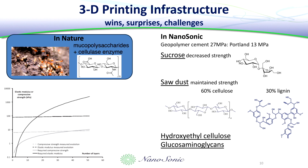So a few things up here that I'll quickly mention. To be able to 3D print, we need to be on this line right here for compression strength. So this is the number of layers. You can imagine if I'm coming across and I'm laying down my wall, I've got a weight that's coming down. So we need some particular properties from a geopolymer cement before we're going to be able to build this thing. We need it to be able to go through the printer, all right? We need it to not have any of the slump. We need it to hold the next layer. And then when we get done, we want it to be